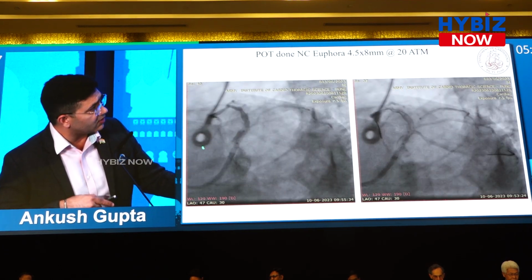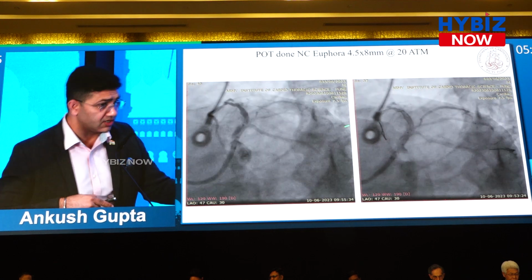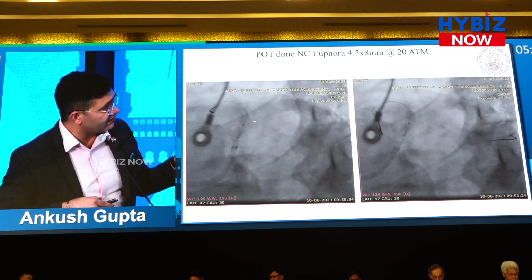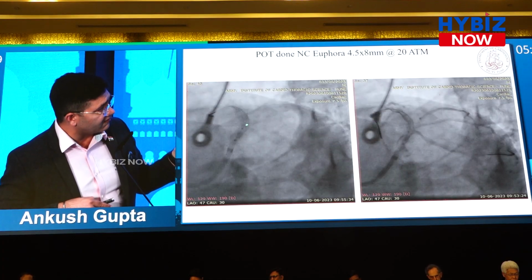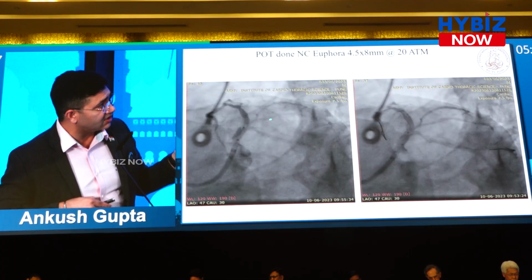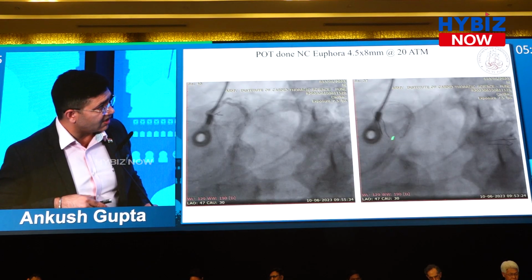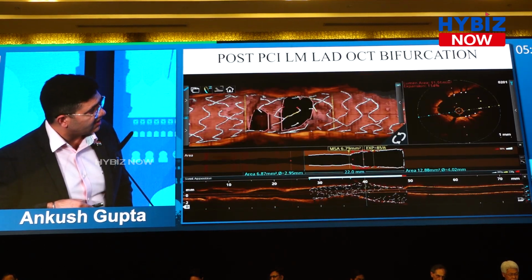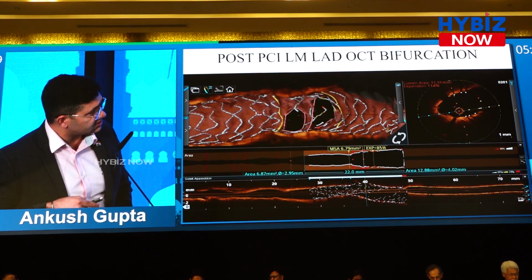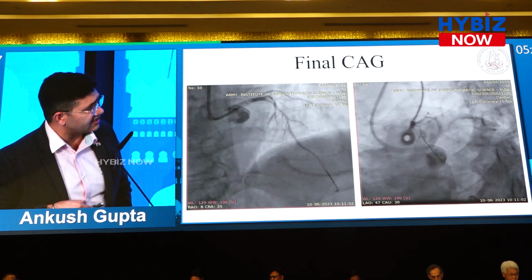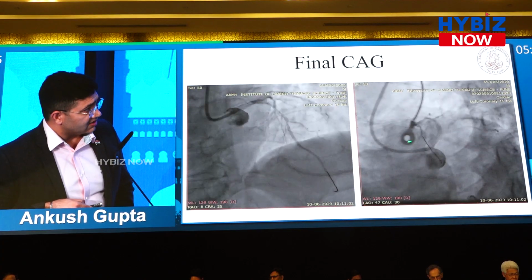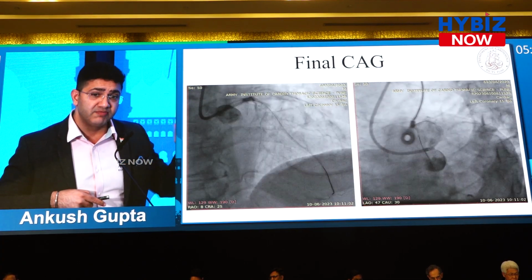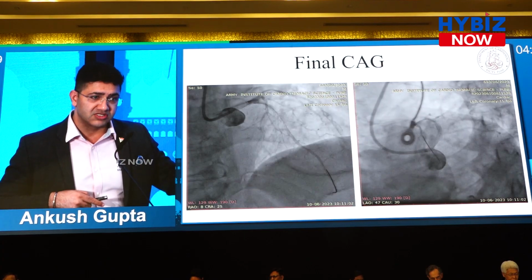This is another important step for the provisional strategy: POT. That is the most important step, and you should be careful about where the distal marker of the balloon is. It should not go beyond the carina. So this is the POT balloon being kept. This is the OCT after that. This is the side branch ostium. This is the angiographic result. Just see, nothing happened to all three side branches because we prepared the nodule that was opposite to the side branch ostium.